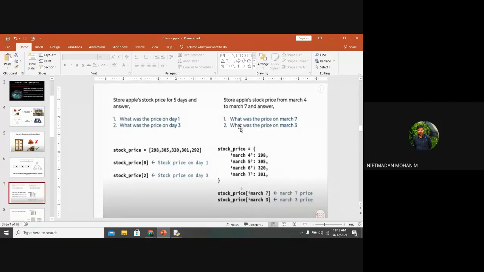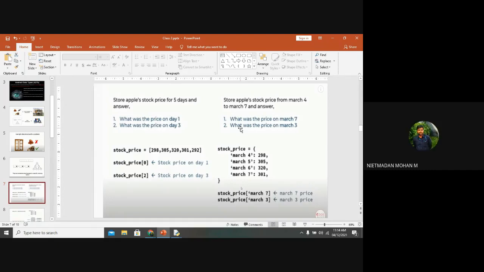Now coming to the right-hand side, what is happening here? March 4 to March 7. Sir, stock price for certain days. The voice is not clear actually. Apple stock price on certain days. Yes.